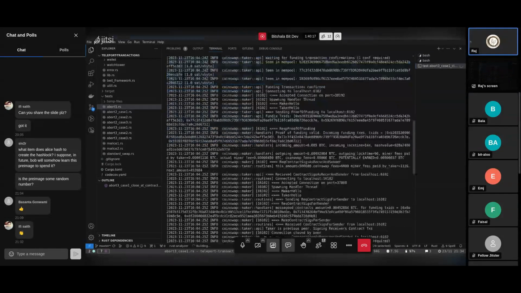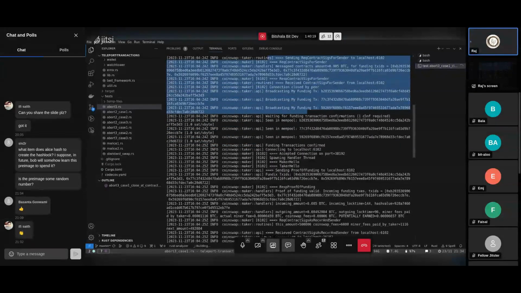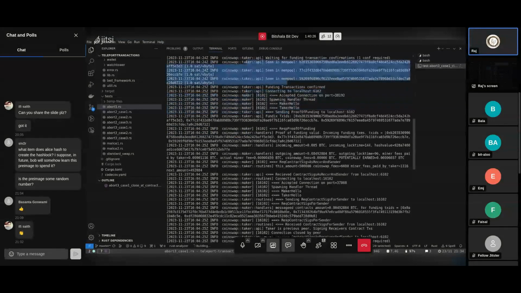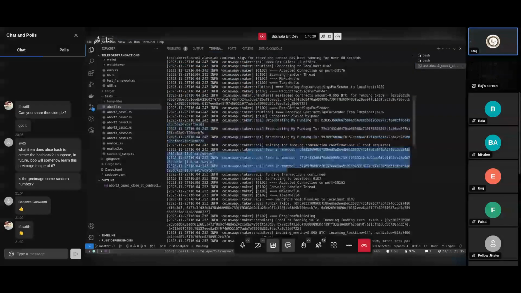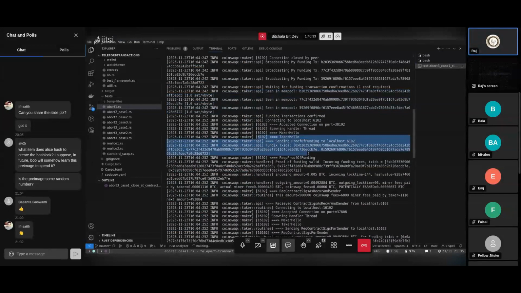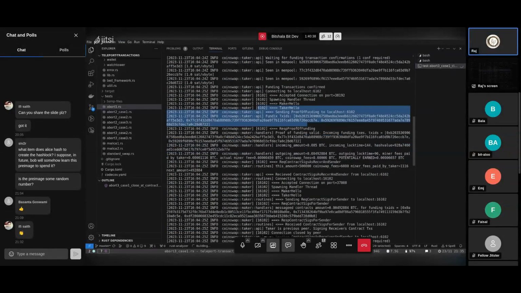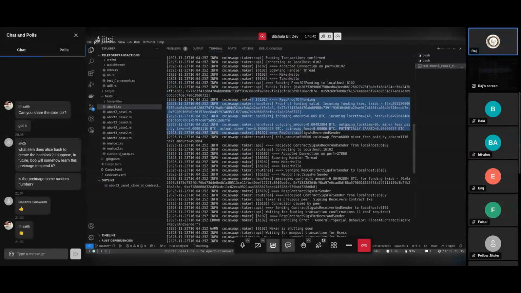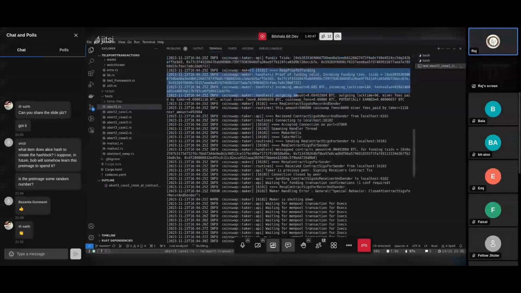And taker waits for the funding transaction to confirm, the default one confirmation for now in the demo. And taker sees it in mempool. And then it goes to 6102 and sends the proof of funding and says, hey 6102, I have done the funding for you. 6102 checks the funding, and proof of funding is valid, and checks all the amounts and stuff. And then it says, okay, give me the data for the next hop that I need to do